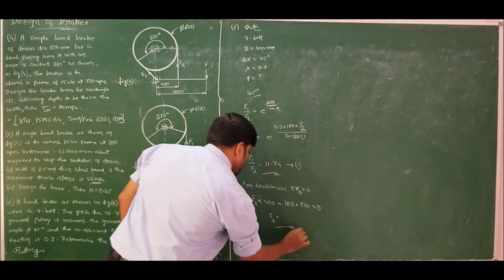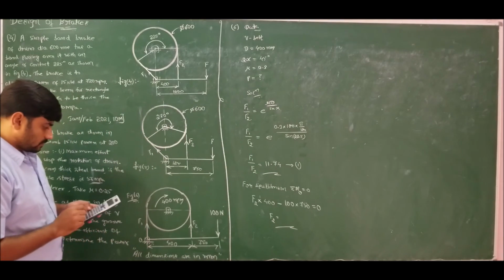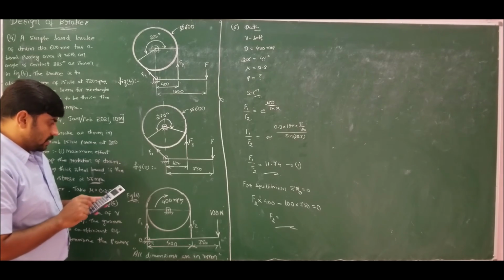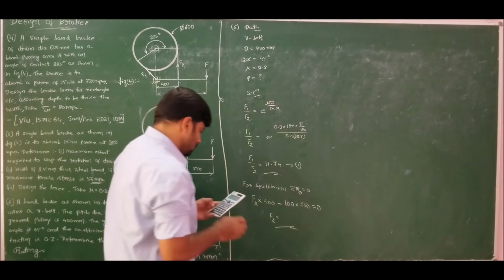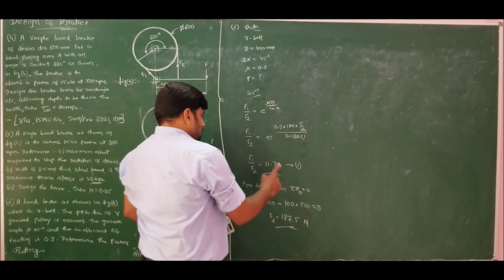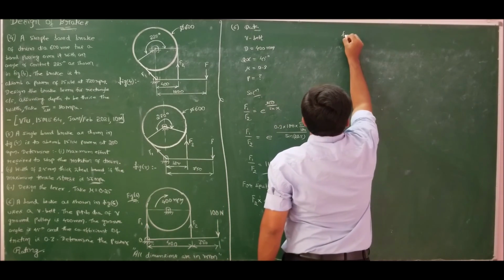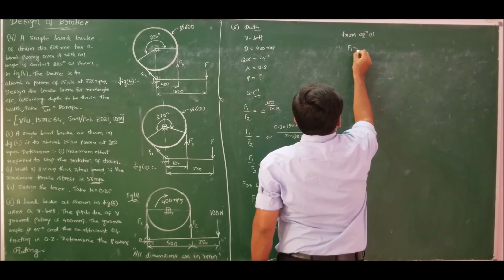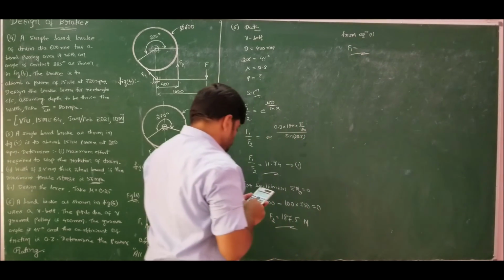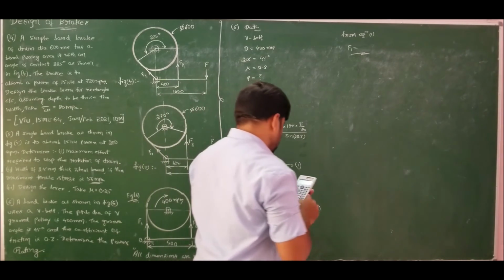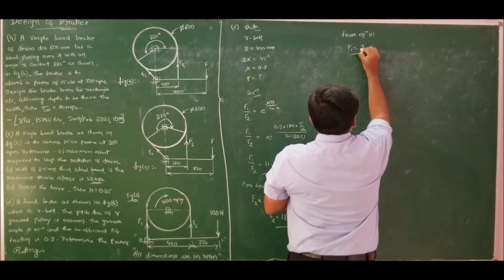So therefore, F2 will be 100 into 750 divided by 400, that is 187.5 newtons. So substituting in equation 1, from equation 1 F1 will be this answer into 11.74, which is